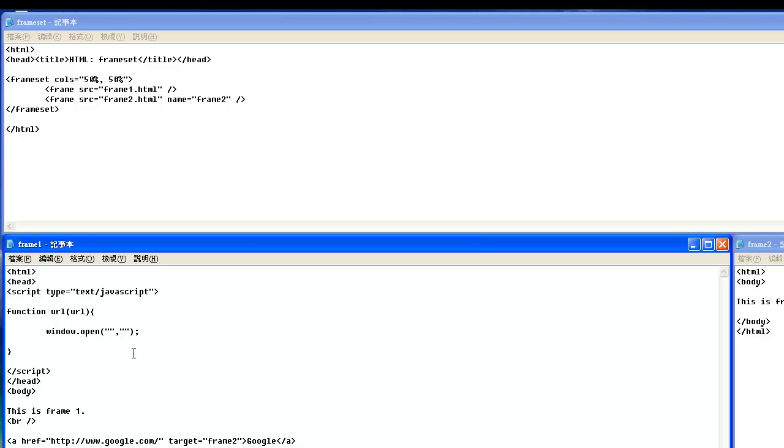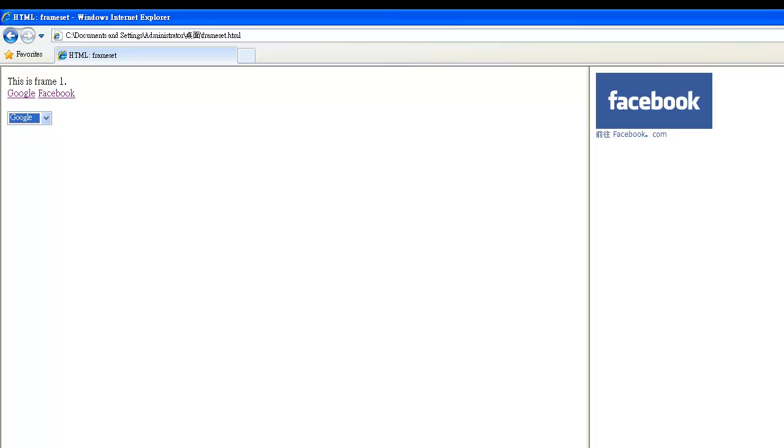Open quotation marks here. And this is the parameter, this is the URL variable. And this one is the target value here. It is the attribute here, target. So for this target, of course, frame 2, because we gave frame 2 a name, which is frame 2 here. So type frame 2. Now we save it, we test it, and you will see the result, which is not